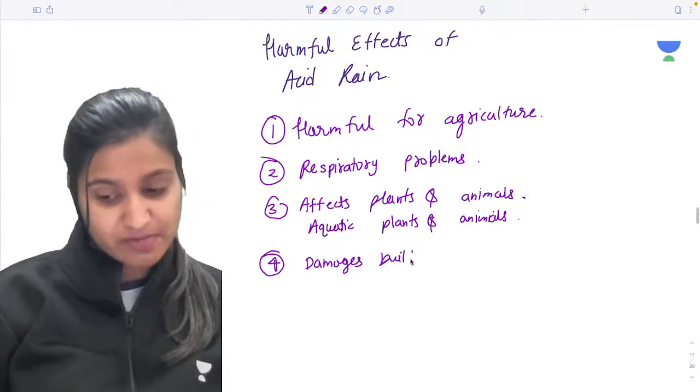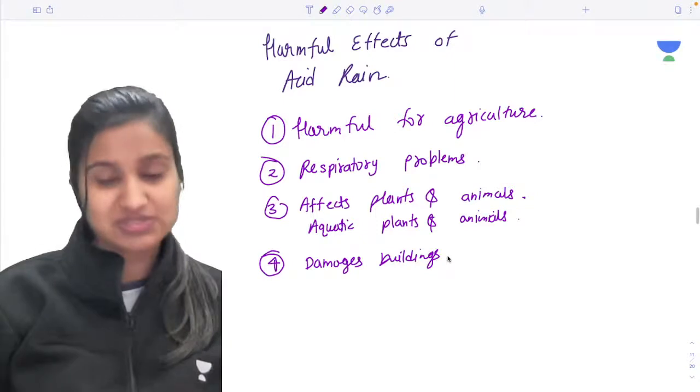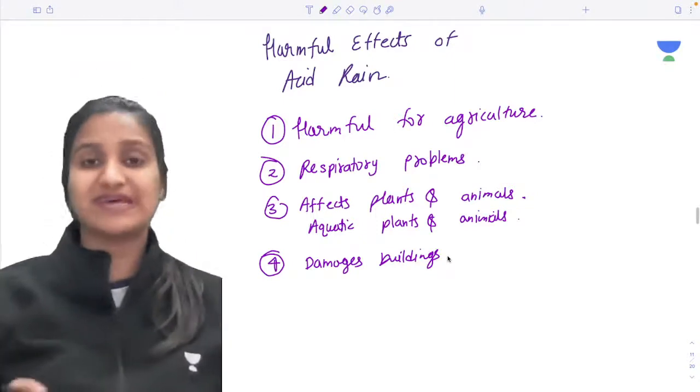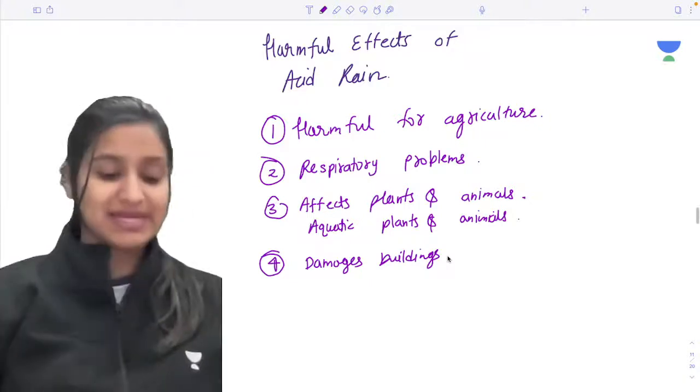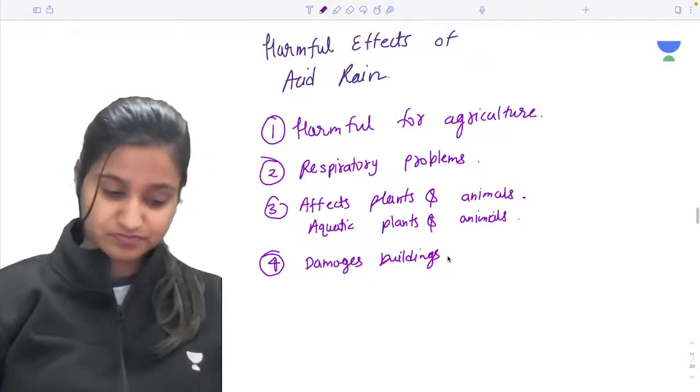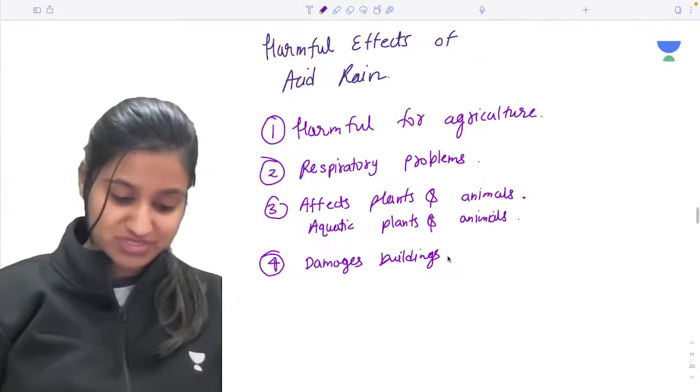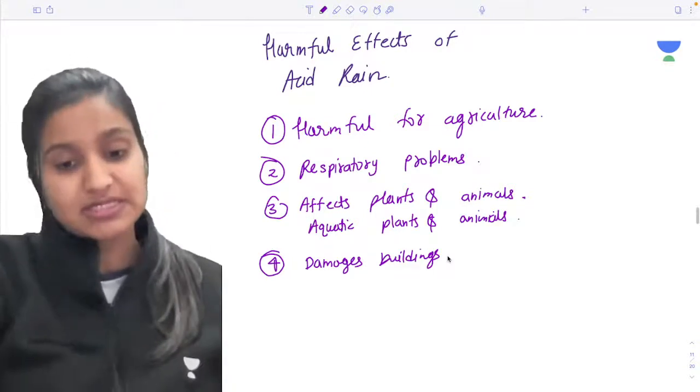A very important case of acid rain is the Taj Mahal, like we all know about it, right? So it was noticed that